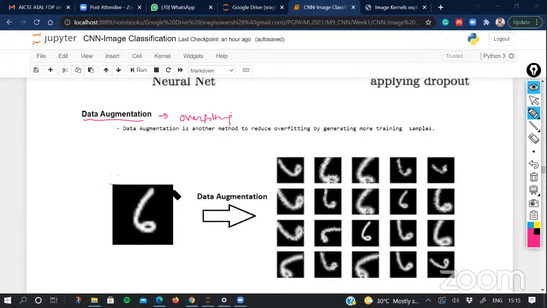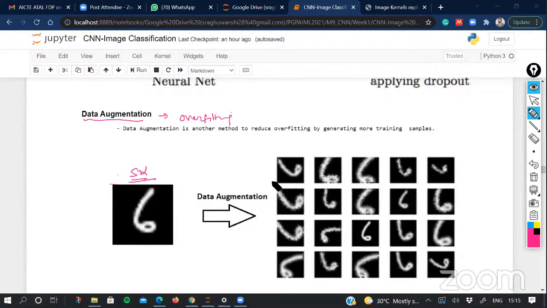So you have a single image, this image of a 6, and by applying some data augmentation techniques, you are generating more training instances of the same label. So this image will still be labeled as a 6. What we are doing here is applying some image processing methods, so we can get different forms of this image by rotation, blurring, cropping, shearing, zooming.